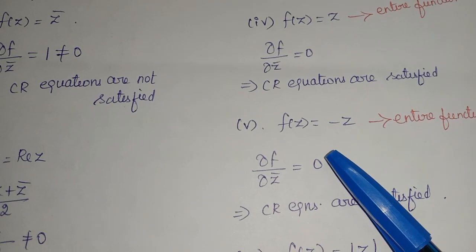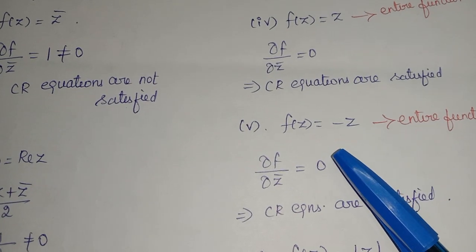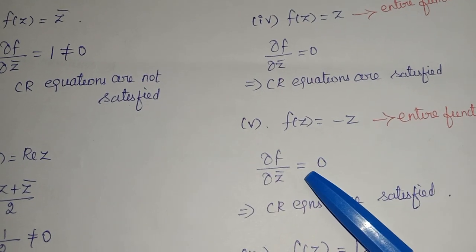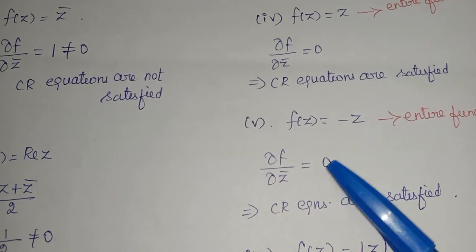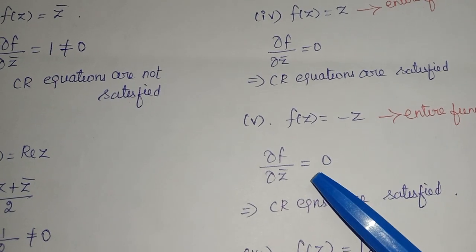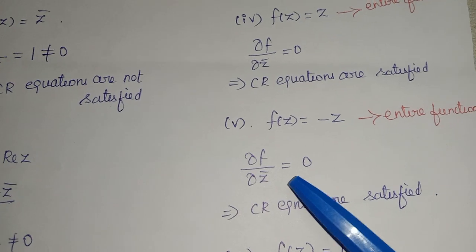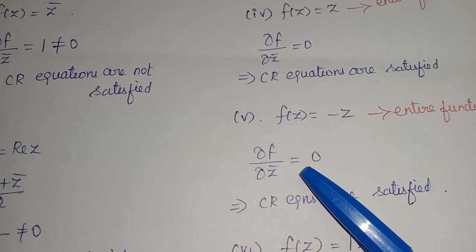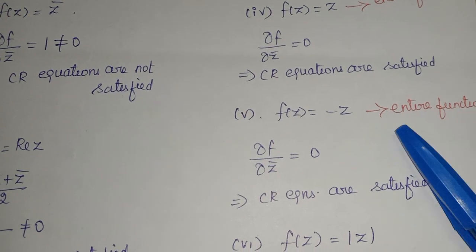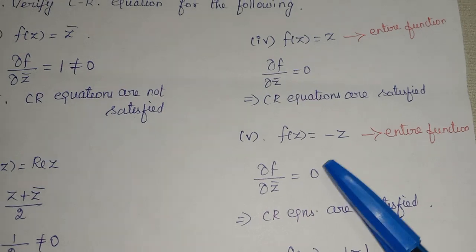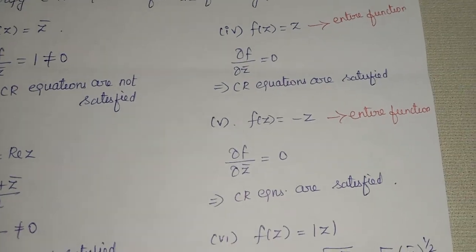Differentiability where? At which points of the complex plane? At all points. Okay. So at all points in the complex plane, CR equations are satisfied and the partial derivatives are continuous. So what can we say? The function is analytic at all points in the complex plane. So when a given function is analytic at all points in the complex plane, that function is said to be an entire function. So this is also an entire function. Okay, understood? Then next problem,